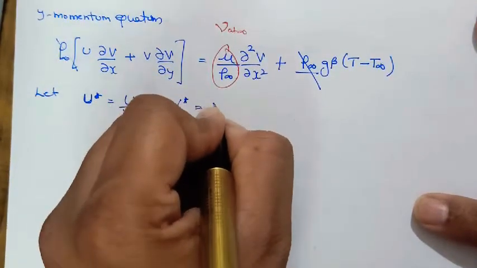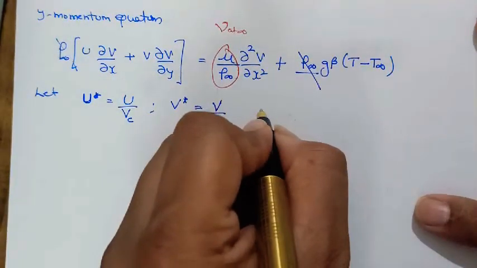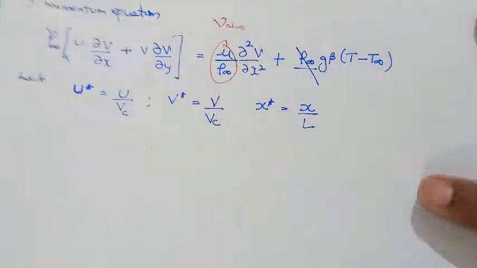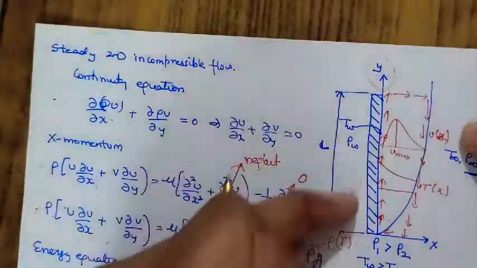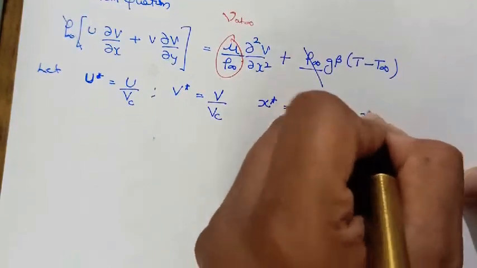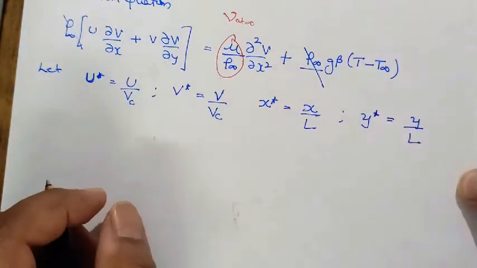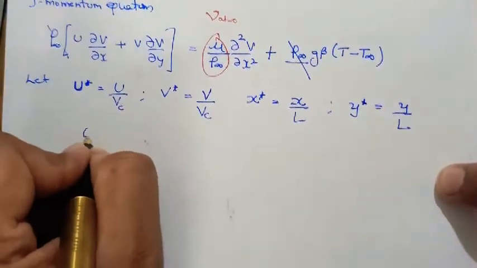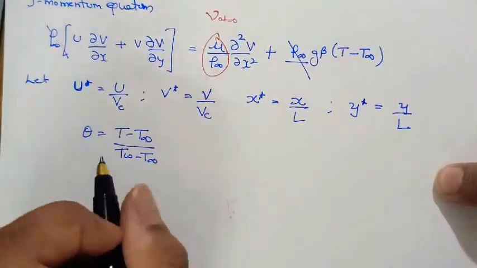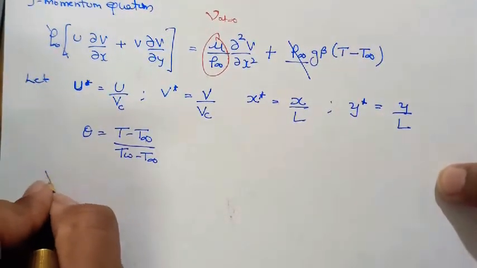v star as v by Vc. We don't know what Vc is, we have to calculate it. This x star will be x by L, as here L is this length, right? y star is y by L, and this theta is a dimensionless number. And when I put these values here, if you do the mathematics, we'll get the